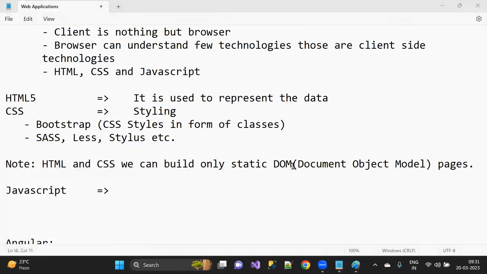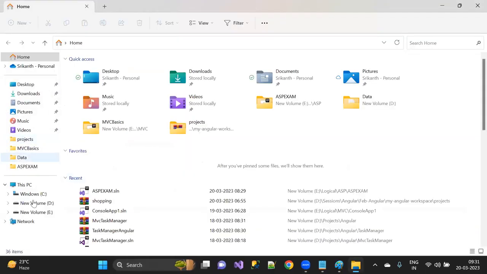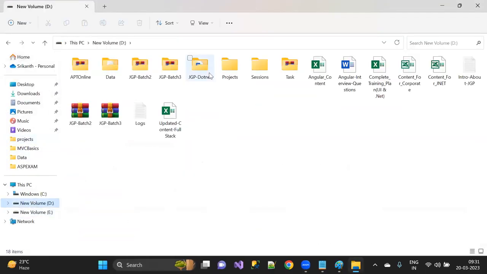Maybe let's open. I'll go to my D drive or somewhere. I'll create a separate folder for you. Let's say the folder is going to be full stack Angular, maybe.